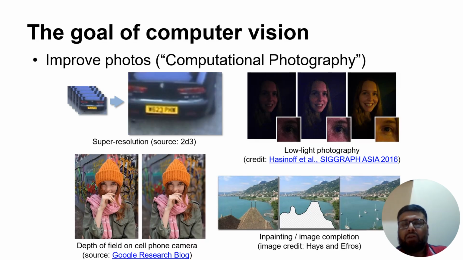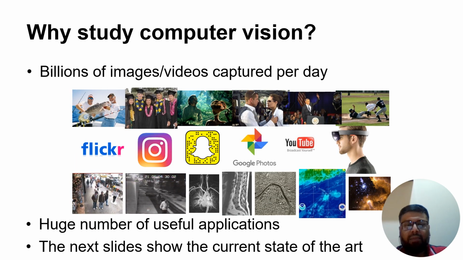So another goal of computer vision is to improve computational photography. This can be done by putting different kinds of filters to remove the noise from a particular image. Similarly, why we study computer vision: there can be billions of images, and a huge number of useful